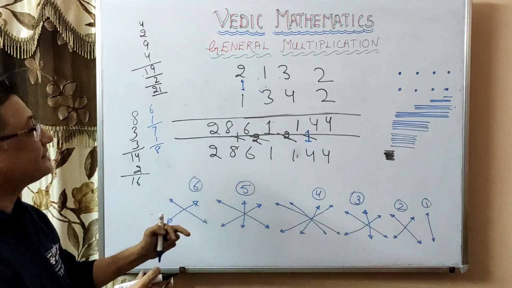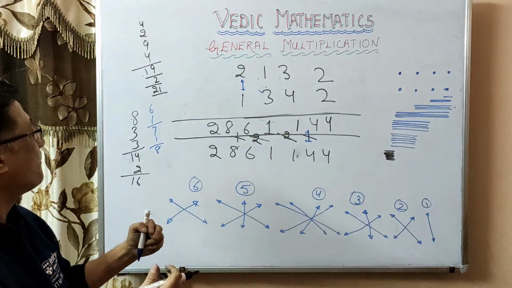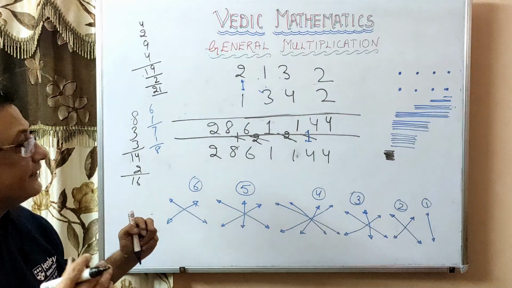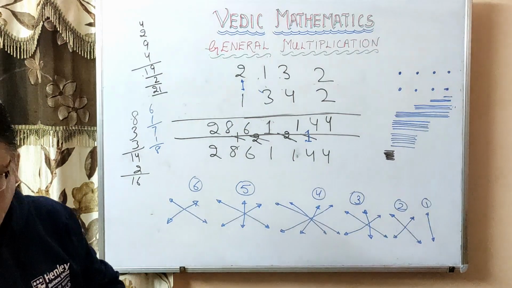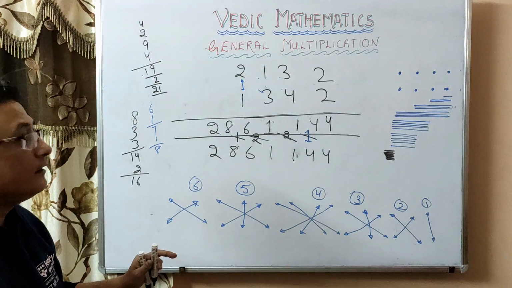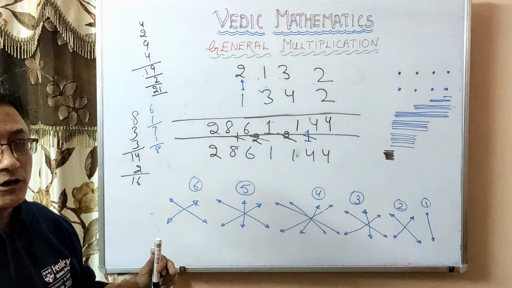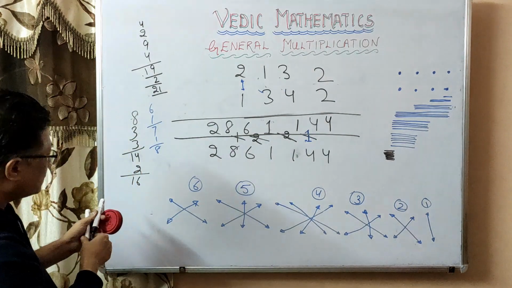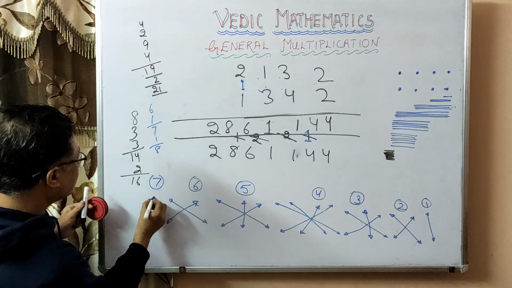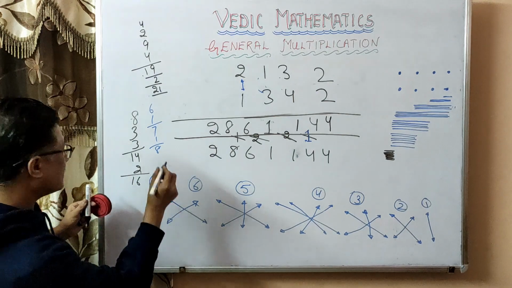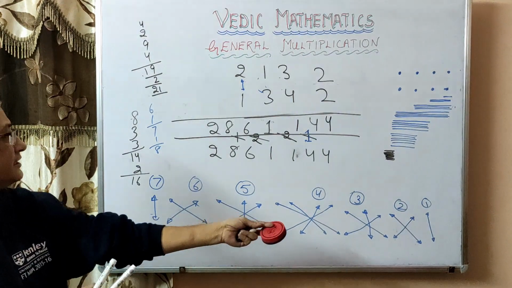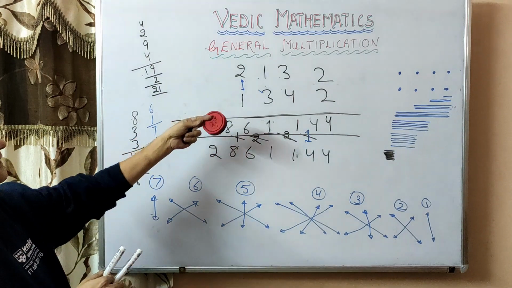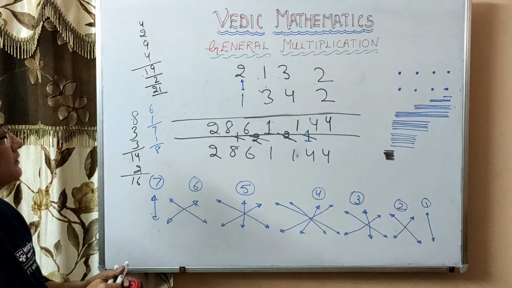You might think that it is taking a bit of time, but this is only because I am explaining it to you. If you do it yourself, then with practice, you will be able to do it within seconds. I'll show you. So the final step will be this. Our seventh step will be this. So these will be the 7 steps when we do a multiplication of 4-digit numbers.